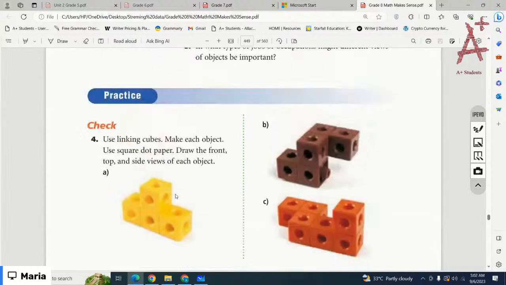You are given the shapes A, B, and C. You have to see their front, top, and